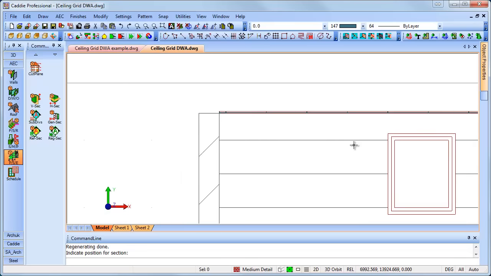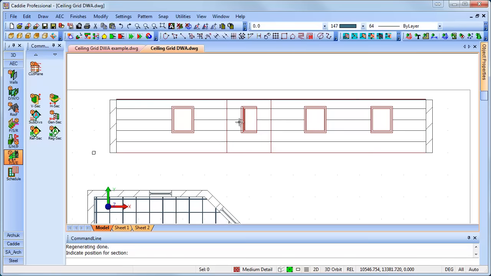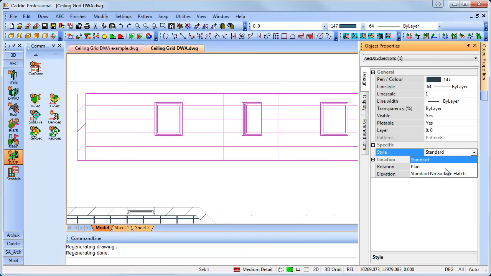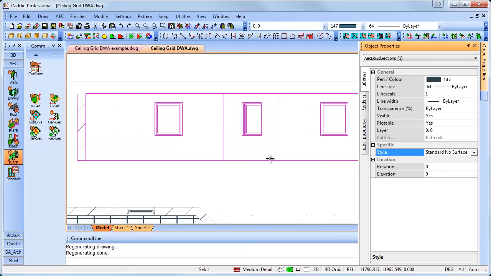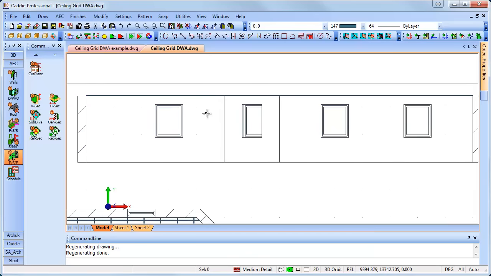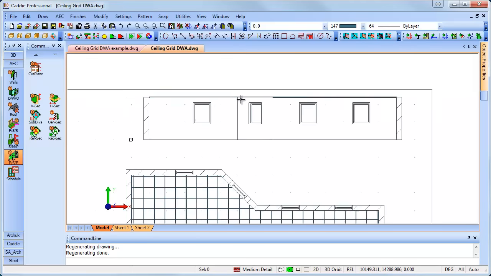Now, as far as the walls go, if you don't want the surface hatching, you select the object. We'll go to our object properties. We'll just change the style from standard to no surface hatch there, which can be achieved just by switching the surface hatching off in the section style. So there is our finished